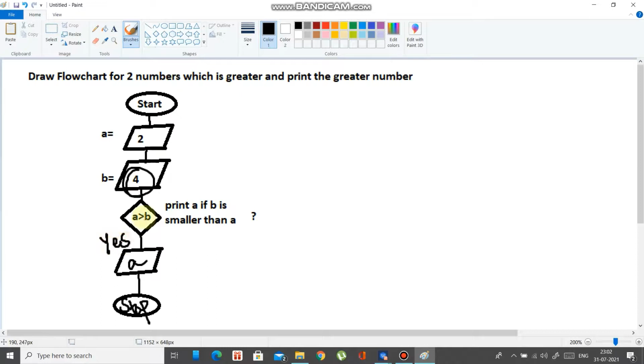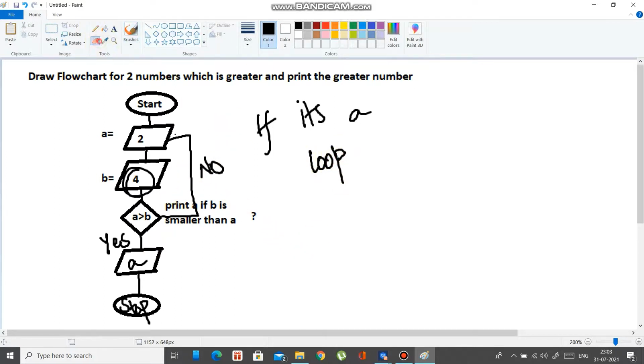If yes, it will print A. If no, it will go back to the first input, if it's a loop. If there is no loop, there is no condition, then directly it will go and stop here.